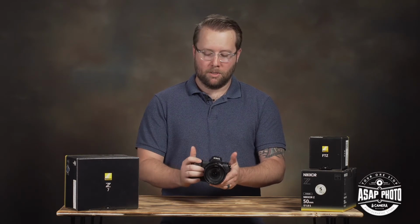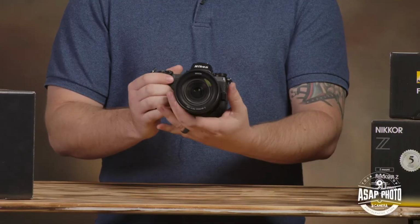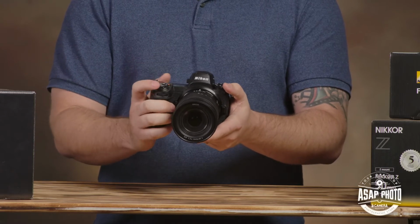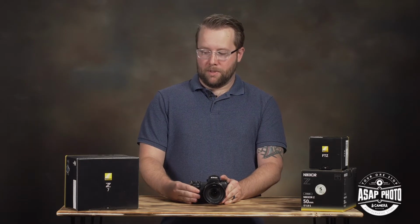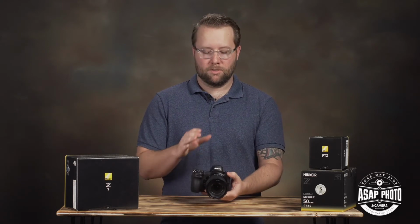Now, I personally love the grip of this camera. I feel like the weight and the overall functionality of this camera are amazing. The buttons are set to a perfect distance where you can reach everything intuitively, and it's just an overall really enjoyable camera to use. Now, it does have 5-axis in-body stabilization as well, so that sensor is stabilized in here,